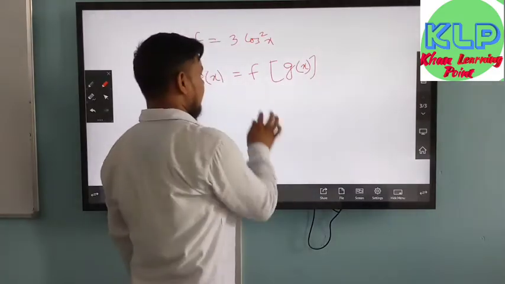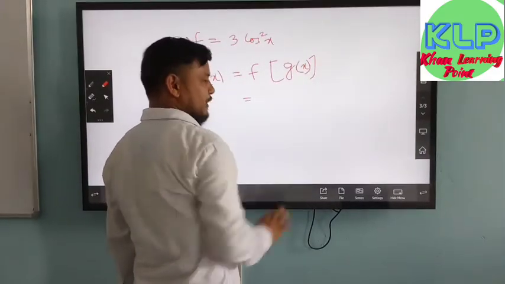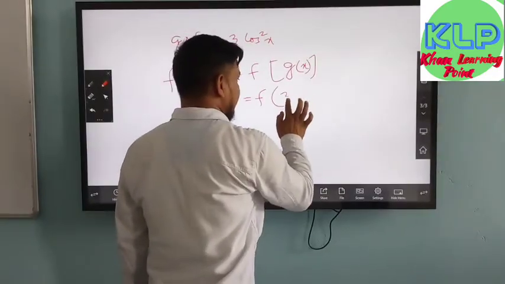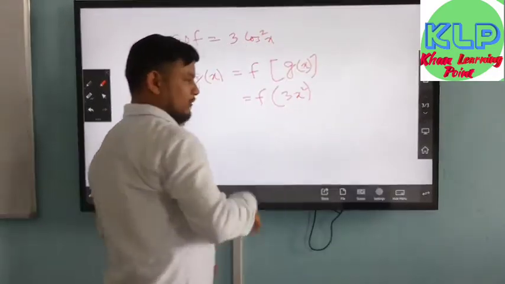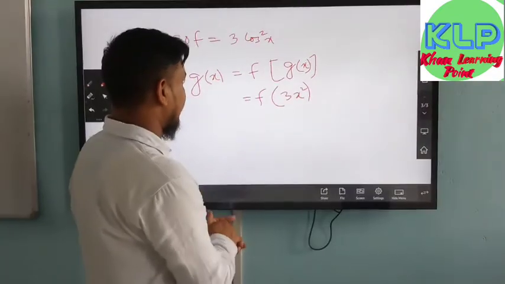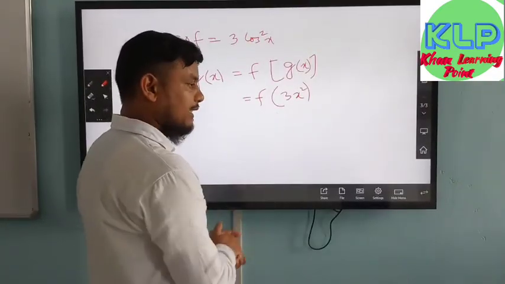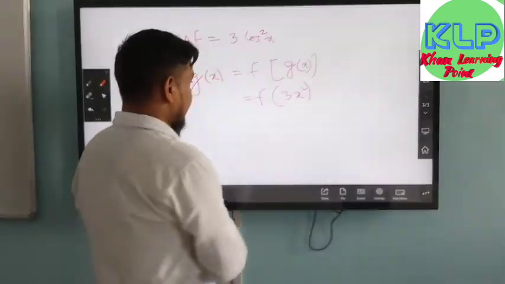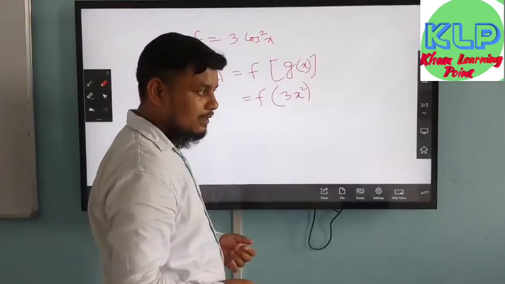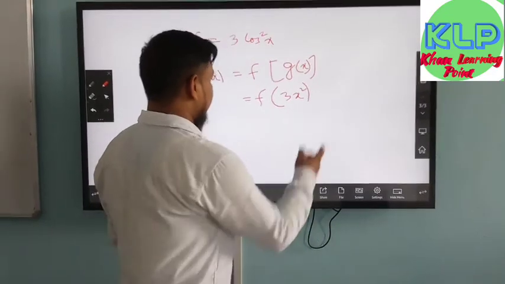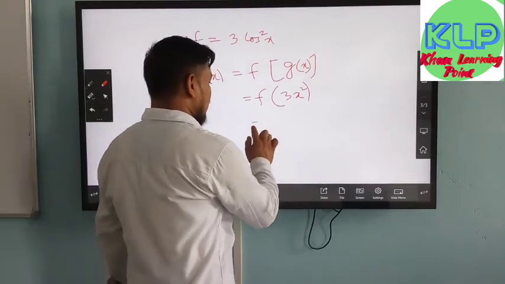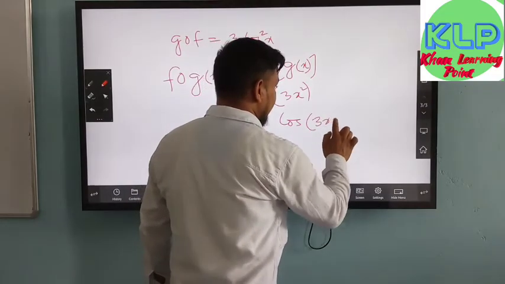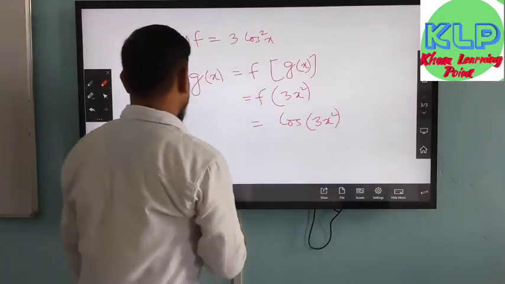f of g(x): first g is operated, then f. What is the value of g(x)? That is 3x square. Next is followed by f. Now look at the definition of f. What is the definition of f(x)? f(x) is equal to cos x, so in place of x we must write 3x square. Okay, cos, here in place of x will be 3x square. That is fog